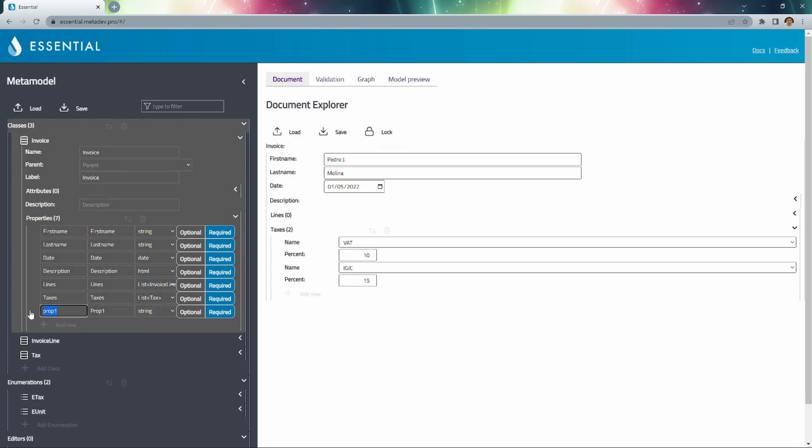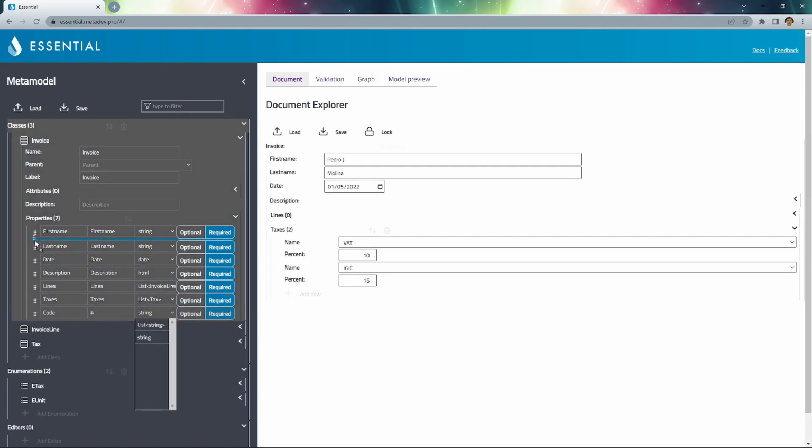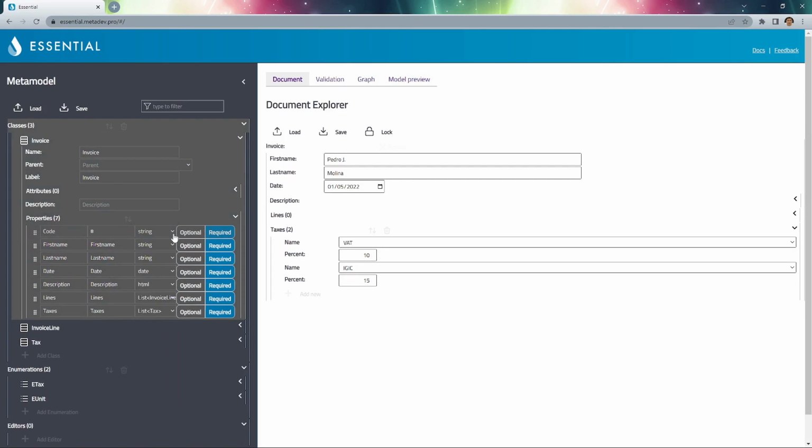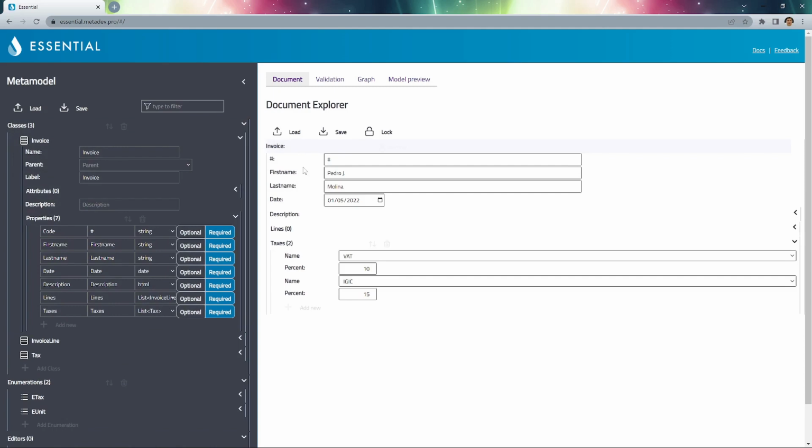We can just add here a property called code. This is the label, and probably its type is string, or we can pick whatever we need. And if needed, we can reorder this and maybe say that the code will be the first one. Okay, so next time we come here, now the code appears, and now we call